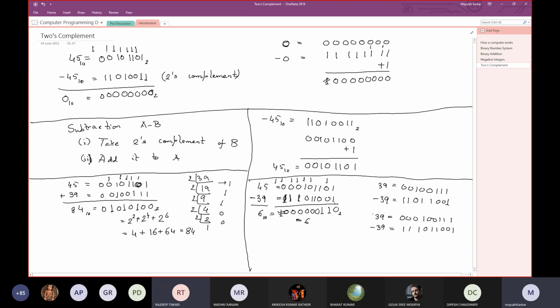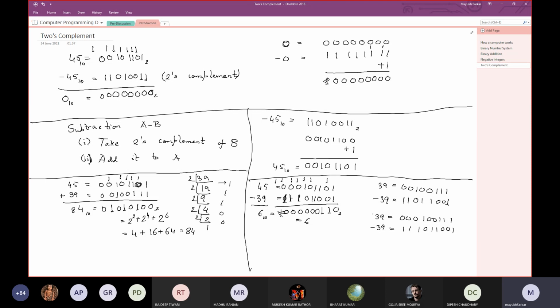Sir, I want to ask something else. For minus 39, the binary we are getting, this binary would also be there for some bigger number, which would be greater than 100 or 1000. So, sir, when we add 1005 and 45, then the result we will get, will that number's binary be equal to that 9-digit number? Is that a possibility? The answer is yes. You will also get that.